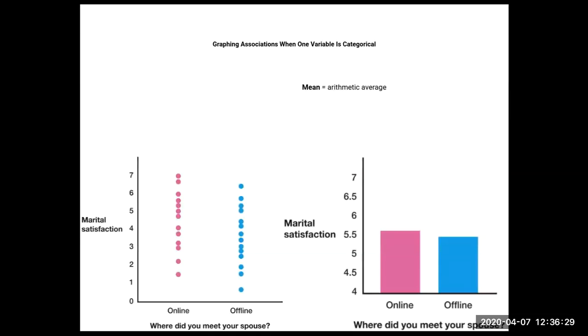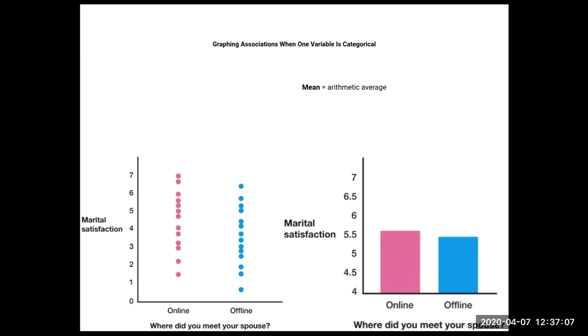So here again is what it would look like, as I promised I would show you coming up, if we were to put it as a scatter plot. You don't have anywhere to scatter because you have two categories. All you're doing is spreading out the numbers within that range. Online, you have ones that range from a little over 1 to a perfect 7. Offline, you have one that's below 1, and you go up to like a 6.7 or something like that. So in this case, you wouldn't have a line of best fit because each of these points falls in a line based on the category.